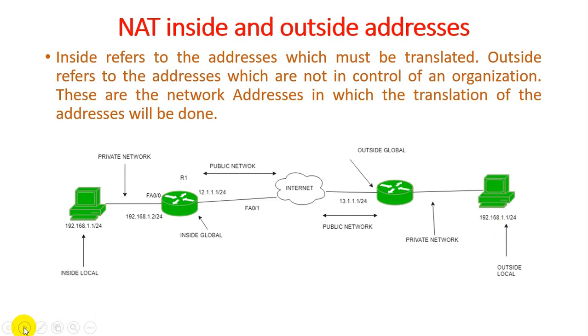Now we see the figure. If we want to access data in our private network, known as 192.168.1.24, there is a port number. It is based on inside local. Router 1 provides a private IP address of 192.168.1.2. It is the private address of this particular network. If they want to access data through the internet from any other system, they request a private IP address to a local registered public address.